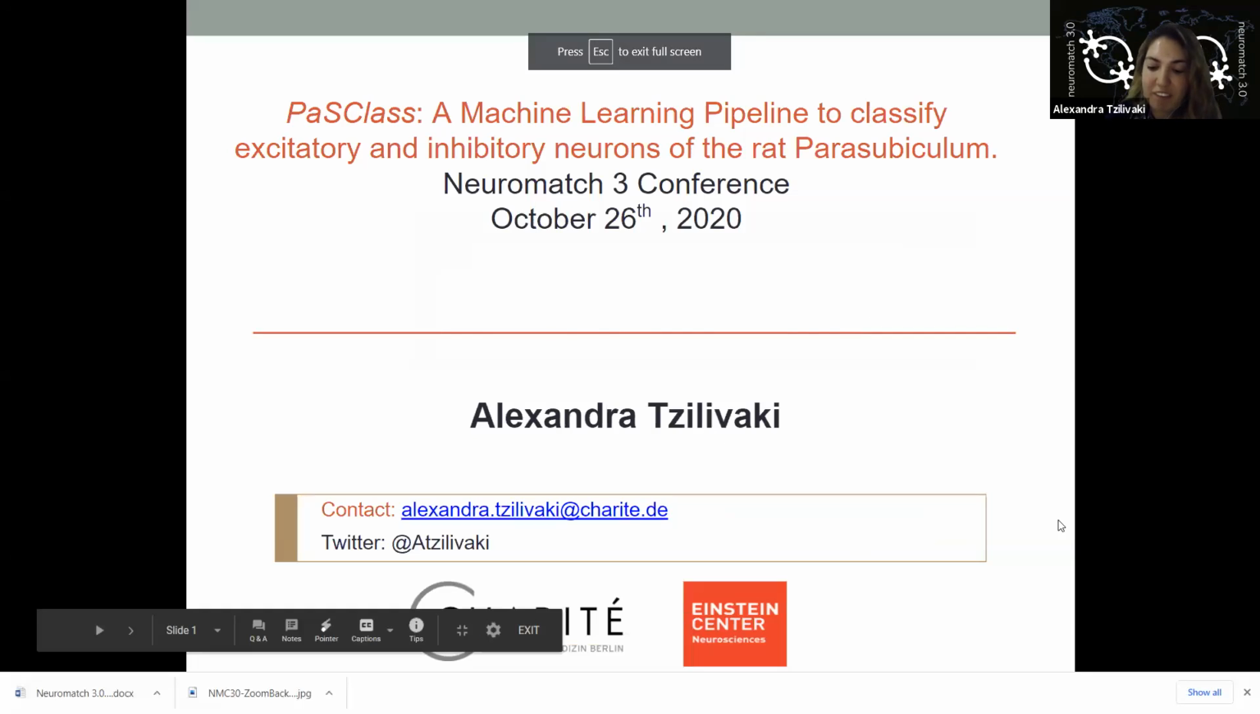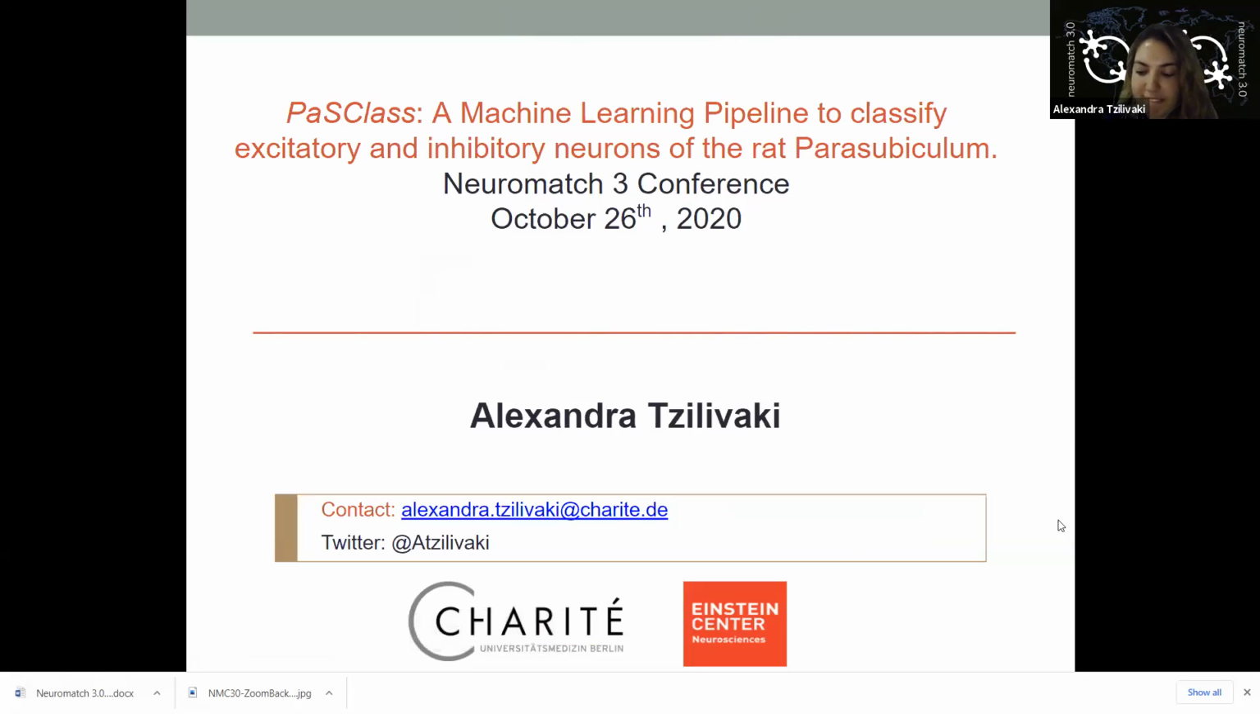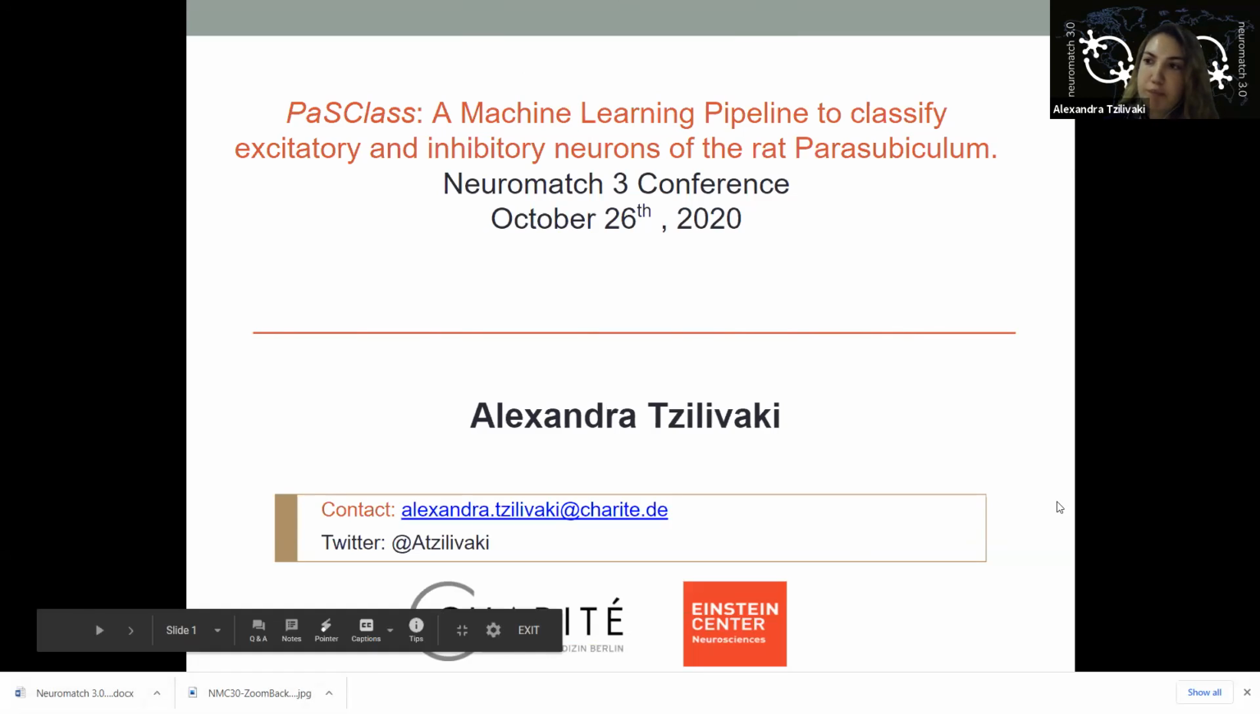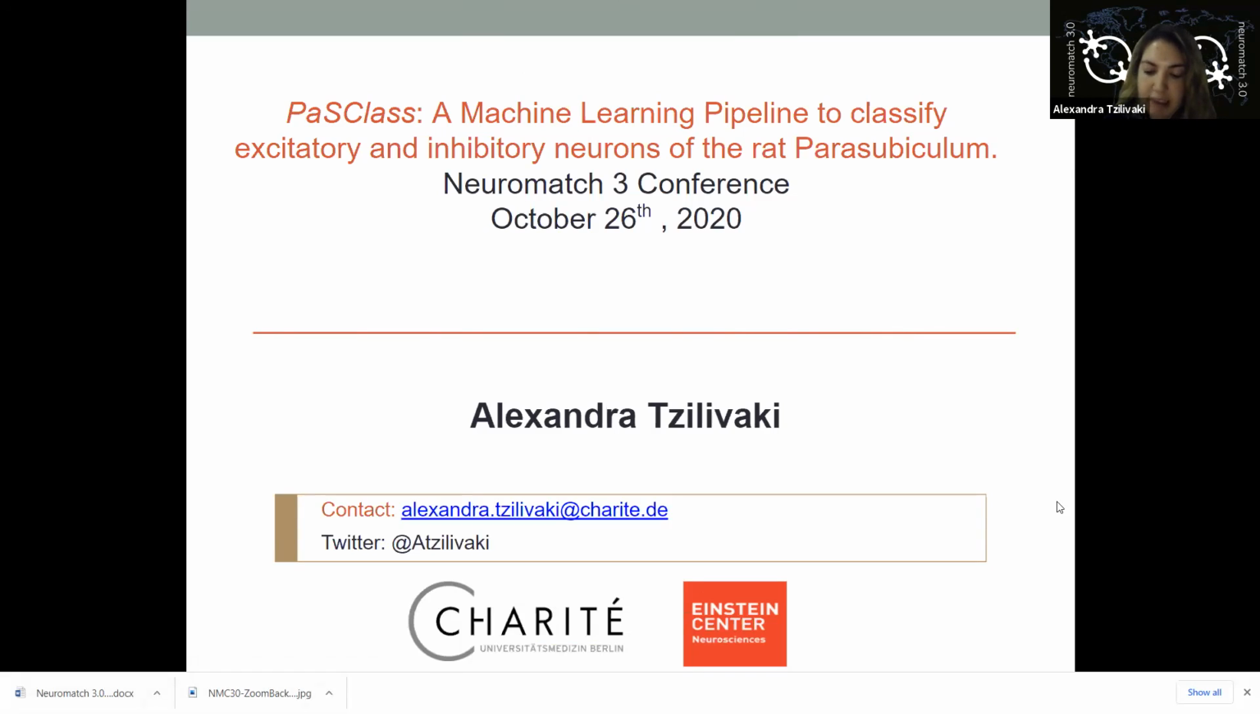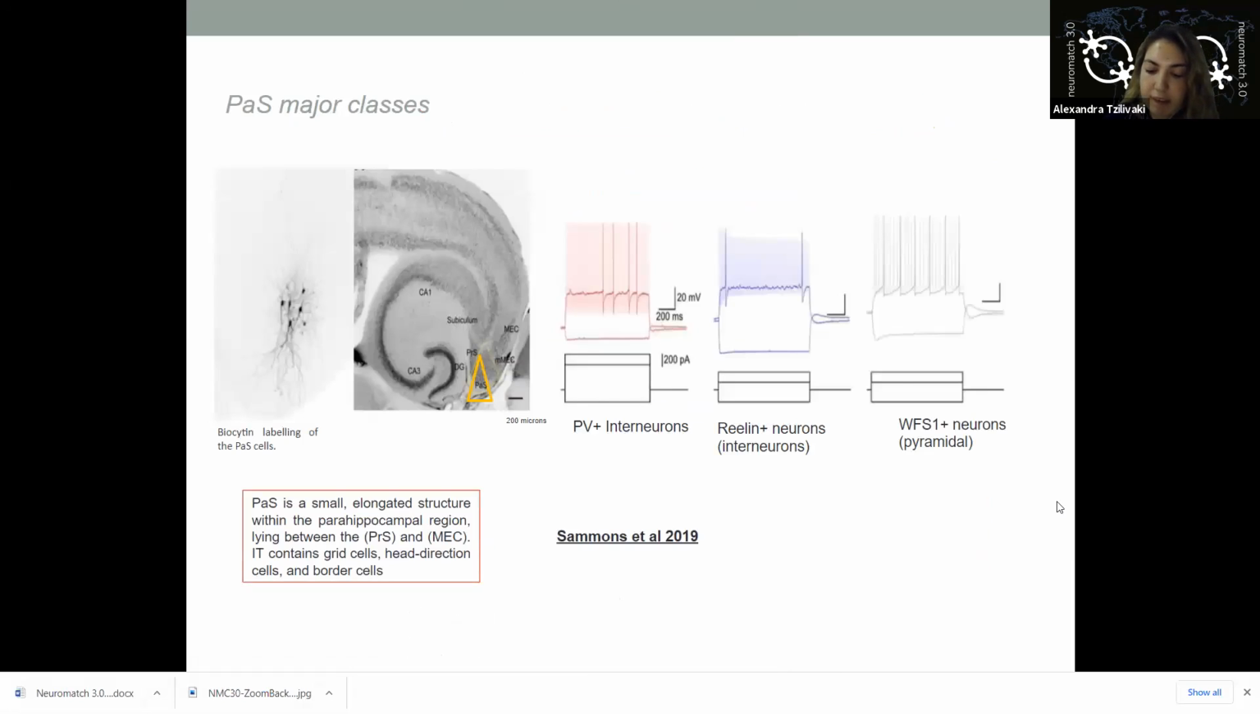So, hello, I'm Alexandra, and today I would like to briefly present a machine learning classification pipeline that can be used to identify the class to which a particular neuron belongs based on its electrophysiological values. The proposed approach can be used when, for example, immunohistochemistry information of the neurons is missing or very limited. In our case in particular, we use this approach to identify the class for multiple neurons that are located